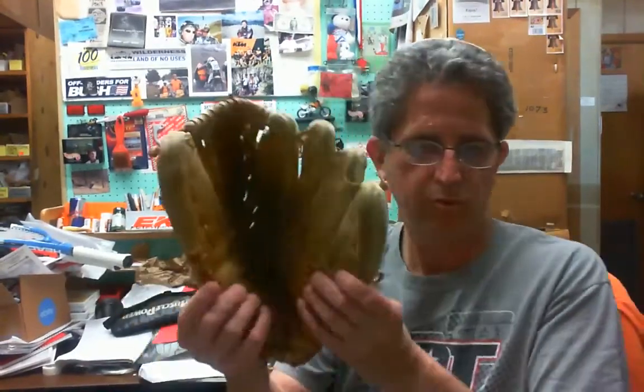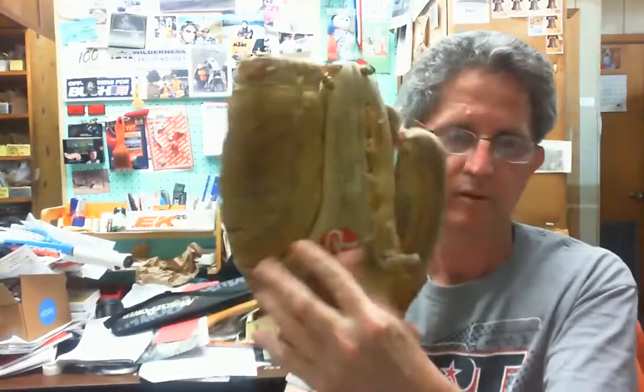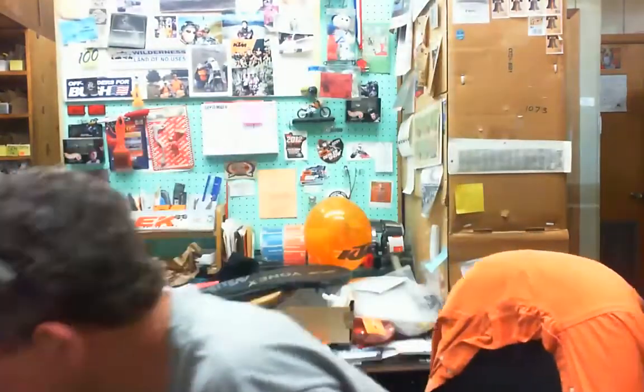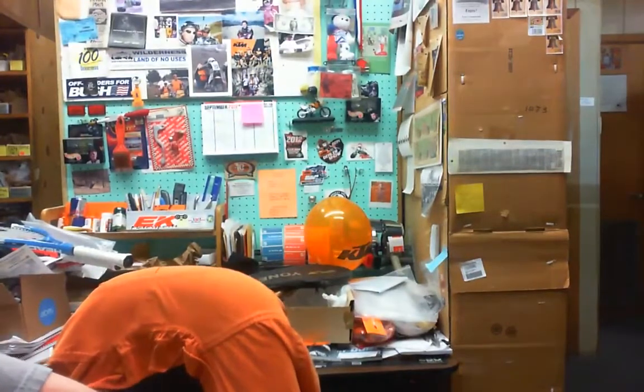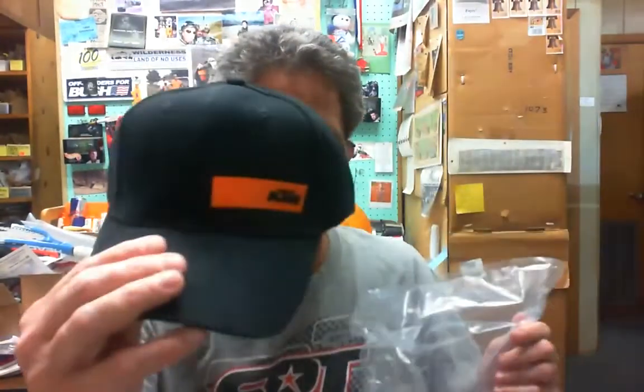And I don't remember if I showed this one either, a glove. A little bit rough shape, but overall it's in good condition. And let's see real quick. Like I said, as far as my sales, I sold 2 of these hats right there. I got 2 of those going out